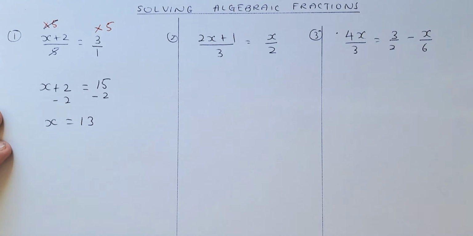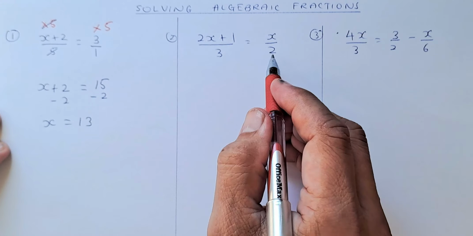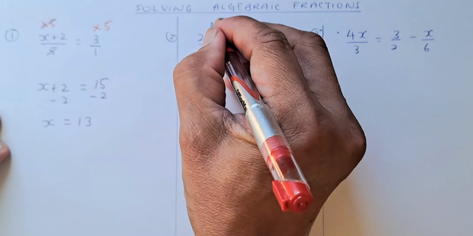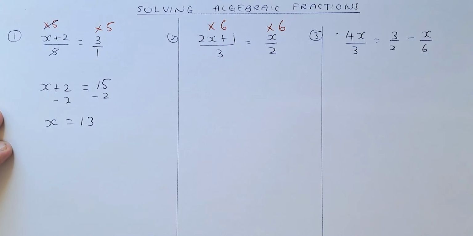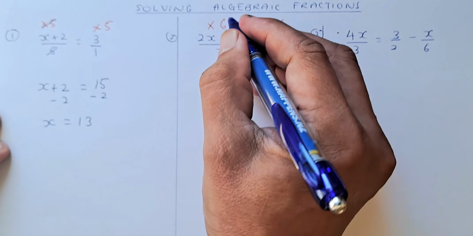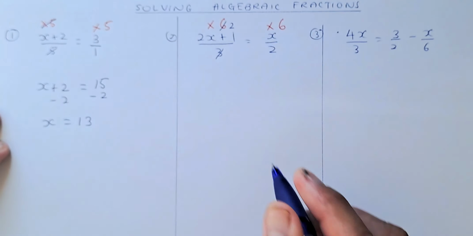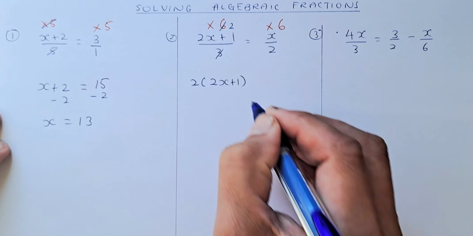The second example is (2x + 1)/3 = x/2. So the lowest common denominator of 3 and 2 is going to be 6. So what you do, you're going to multiply by 6 on the left, and multiply by 6 on the right, and then you're going to get rid of the fraction immediately. So when you multiply by 6, 6 divided by 3 is going to be 2. The 3 will cancel out, so what you are left with is 2(2x + 1) on the left hand side,